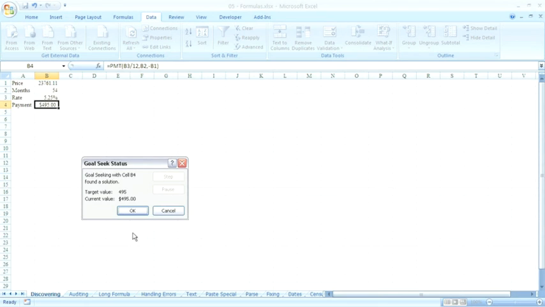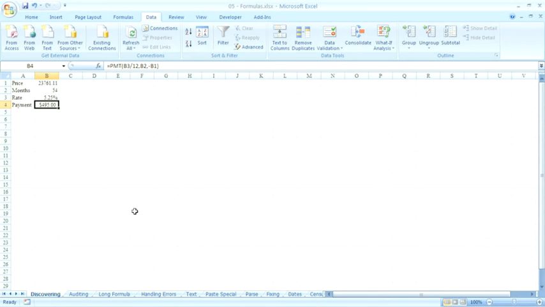Now, you have a choice here. You can either accept the new number by clicking OK, or you can go back to your original number by clicking Cancel. Click OK to accept it. The amazing thing about Goal Seek is that even after using Goal Seek and having the new answer, it's still a live formula. I still can continue to play what-if games, adjusting my price and the months, and seeing the